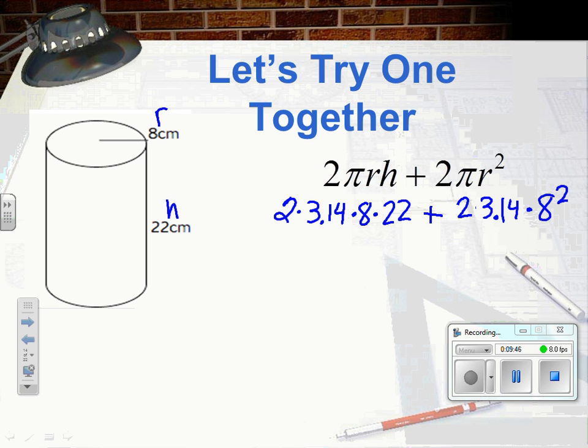Now, I'm going to do a quick little step here so I can keep going. Under this 8 squared, I'm just going to write 64, because remember I have to do my exponents before I do my multiplication. So when I do my multiplication, I'm going to say 2 times 3.14 times 64. So let's see, 2 times 3.14 times 8 times 22 equals. And I have